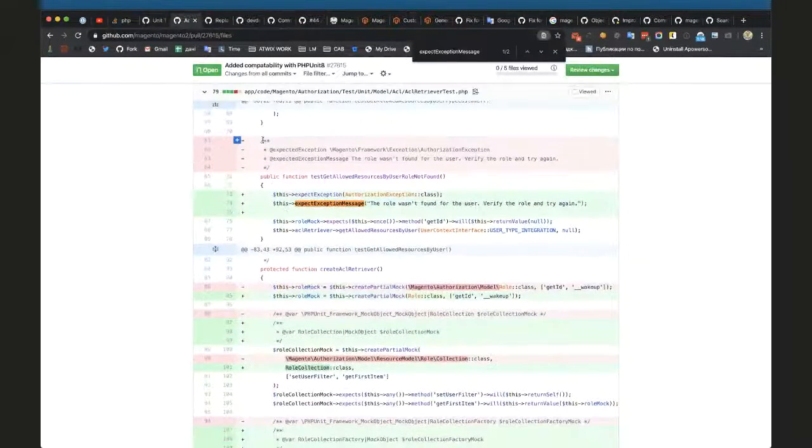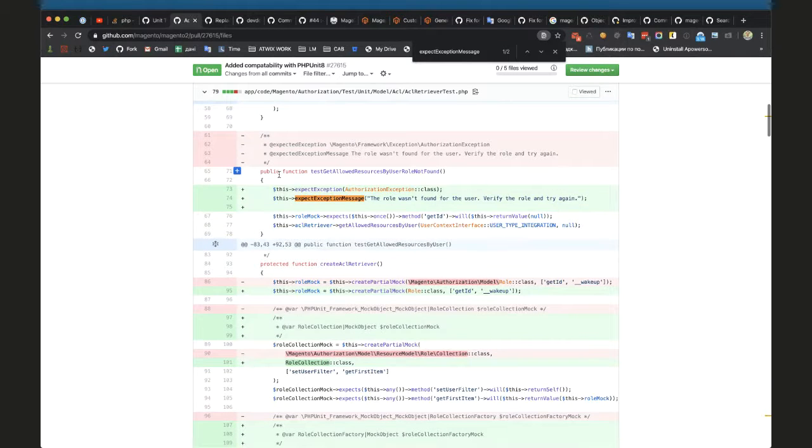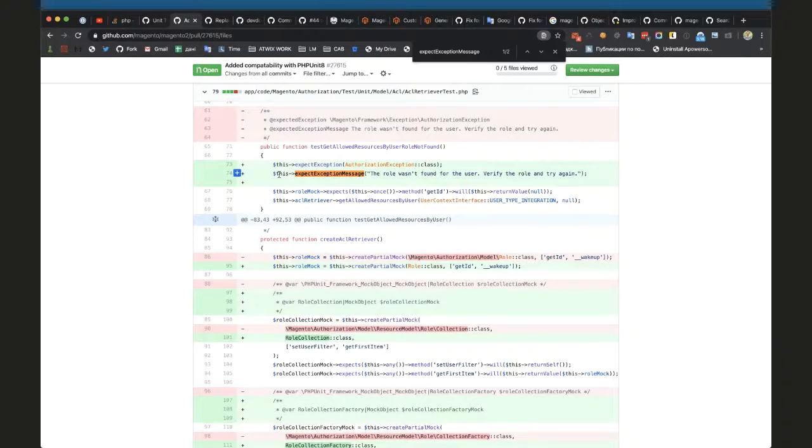So in the previous version we had expected exception and expected exception messages as described in PHPDocs, but for now we can call the method expectException and expectExceptionMessage in the method, instead of the PHPDocs declaration. And these are the main changes done by me,